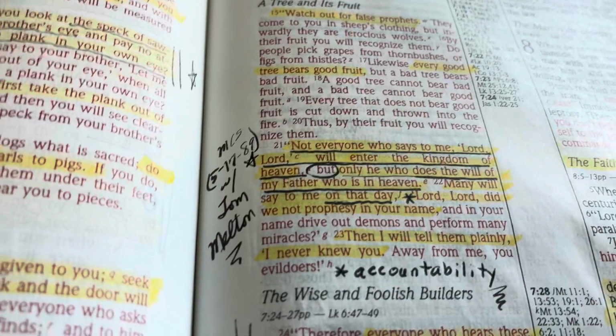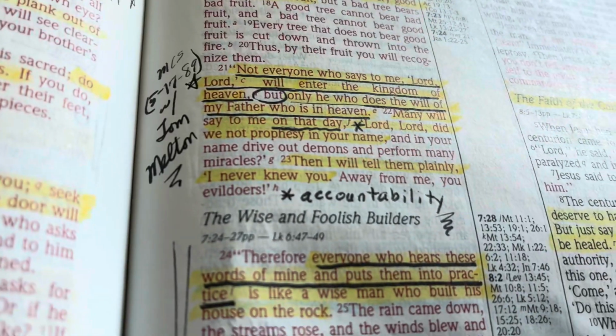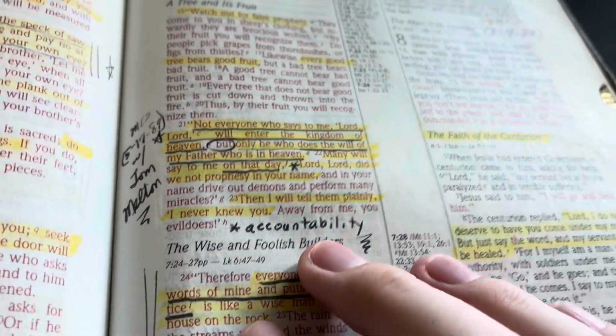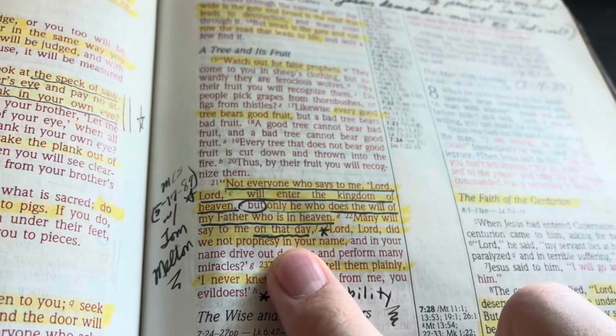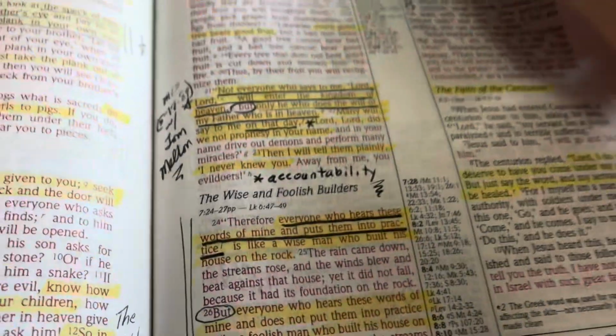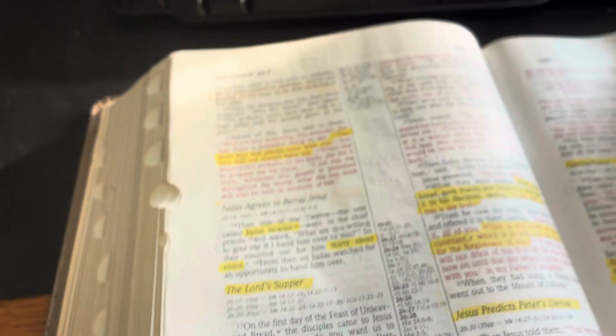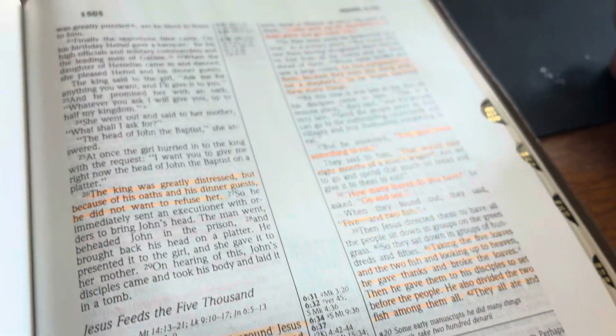Let's see what that says. That might be a name. He references accountability up here. Yeah, I like looking at Bibles that people made notes in. But as long as it's readable though. See, that's my highlights. Orange highlights this time. I guess that he liked to switch out what color of highlighter he used.